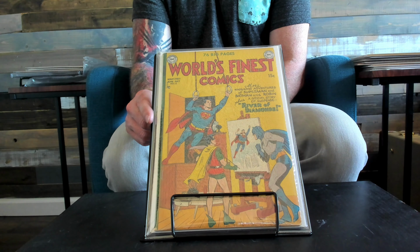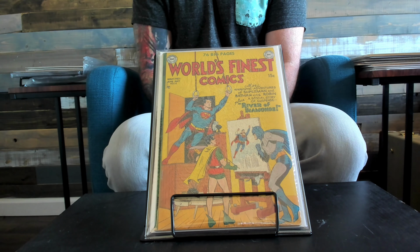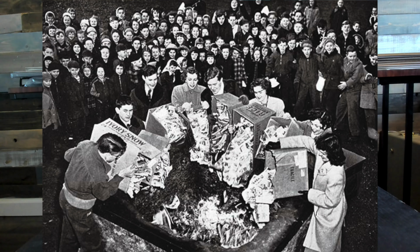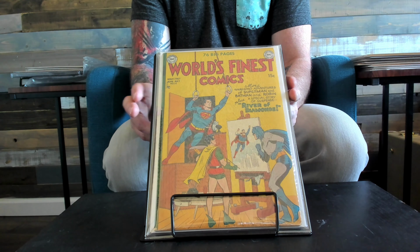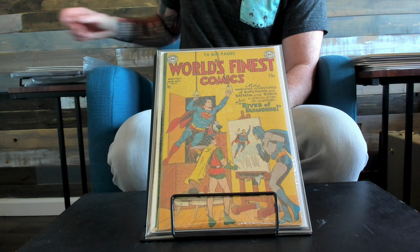And they also had comic book burnings. Think how crazy that is. Back in the day, moms would get all the kids' comic books and burn them. They had book burnings of comic books. And so these really suffered a lot during those two times. Their quality of paper was also not as good. A lot of them were brittle. So to get an older DC, from the 50s to 55, they're actually pretty rare and higher